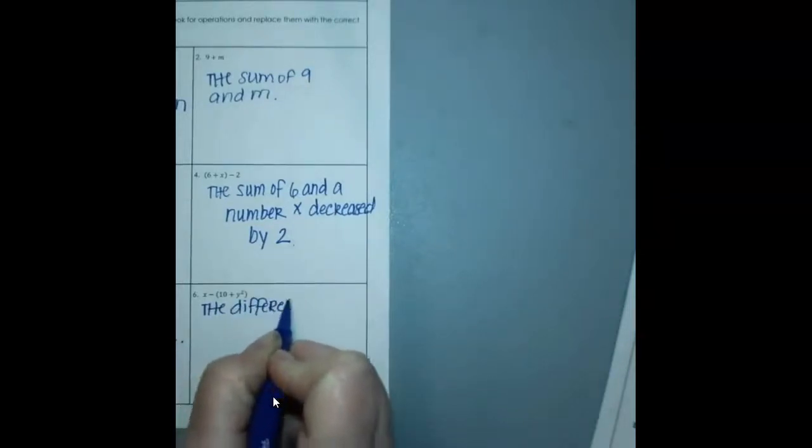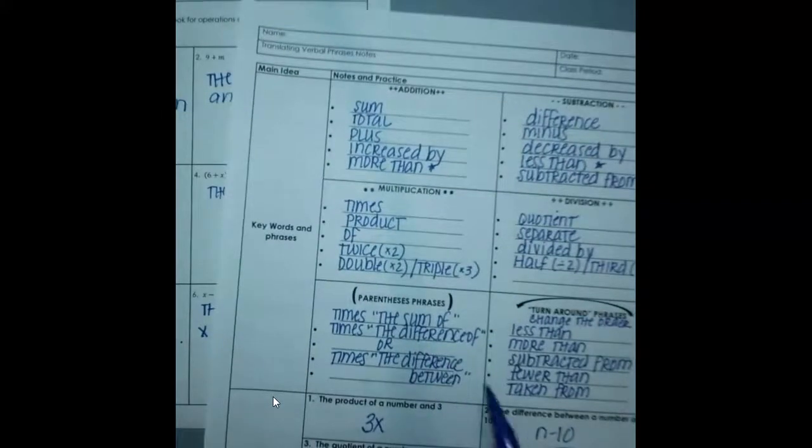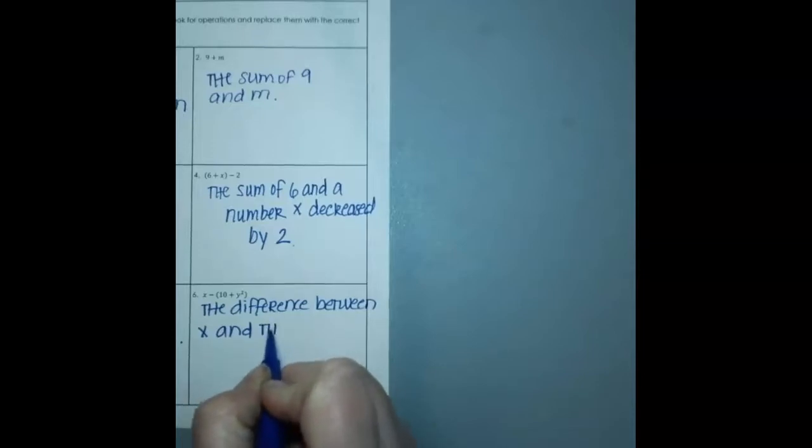So we could say the difference between x and, okay, x and what? Are we talking about the sum of something, the difference of something, or the difference between? It's adding. So the difference between x and the sum of 10